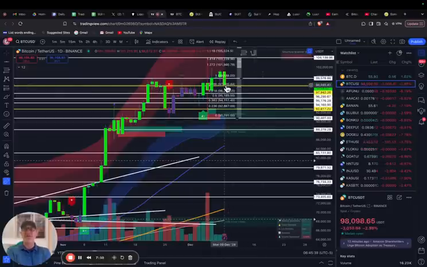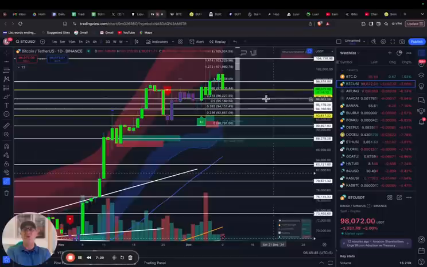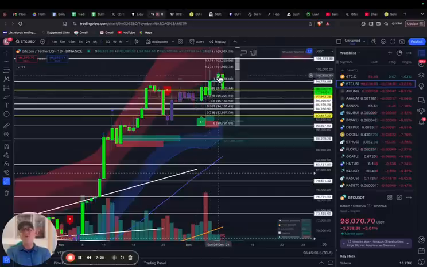But as you can see, we've come down to this 97,000 level here, and we have found some support right above that level. And what I'm looking for, and I've often seen this, is a really bullish close and then right after, a bit of a sell-off. I've seen it happen so often, where we see this really bullish close and then we have that sell-off. Look at that wick down the very next day.